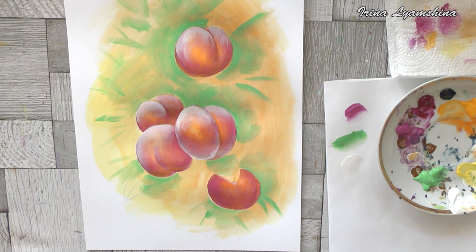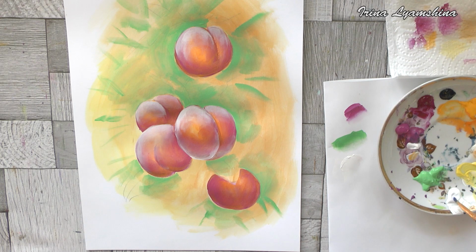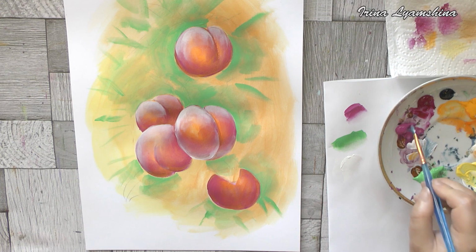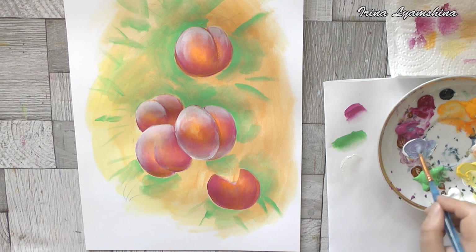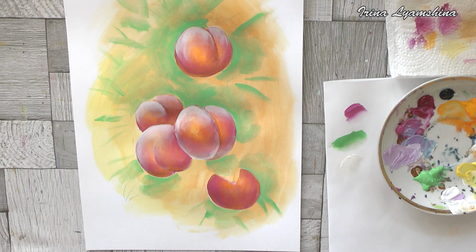Now we need to make pink color. Let's take a little bit blue, a little bit white, and light pink color. Let's take the angle brush, take this new color,